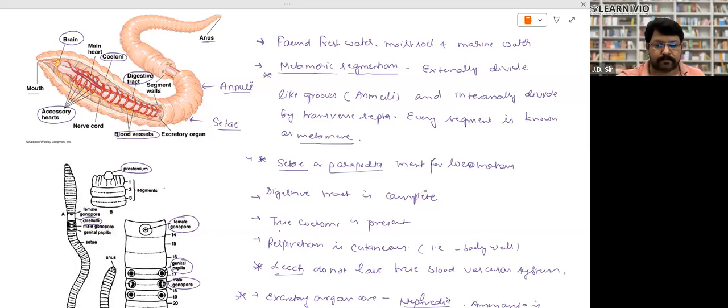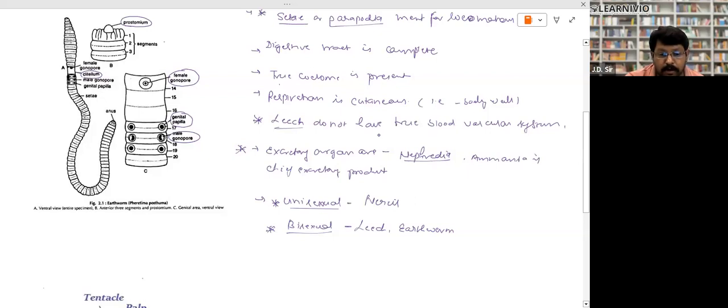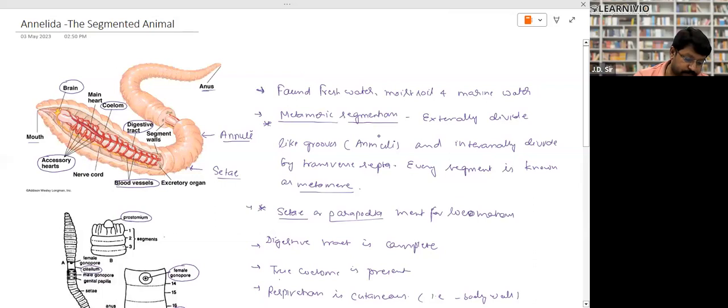Next point. They have true coelom. Next point. Body wall consists of a thin and moist